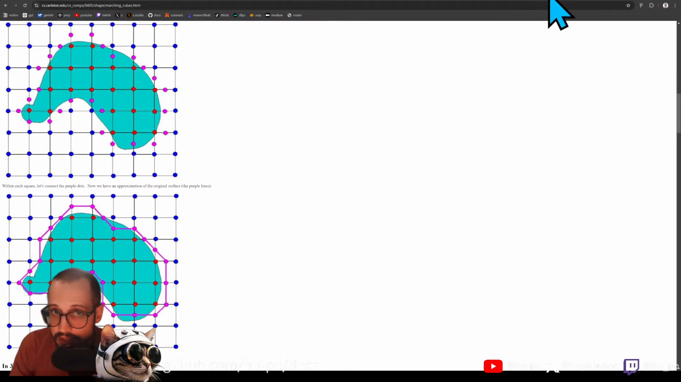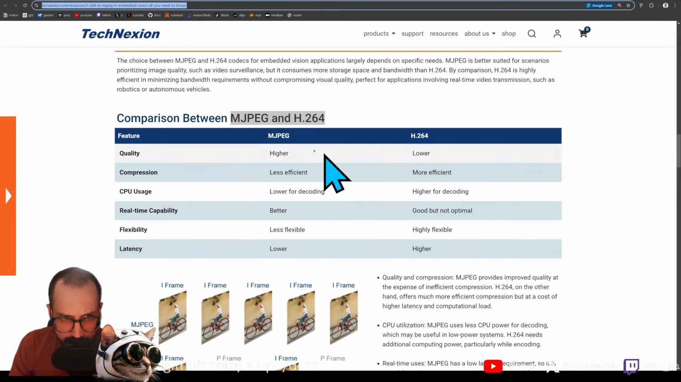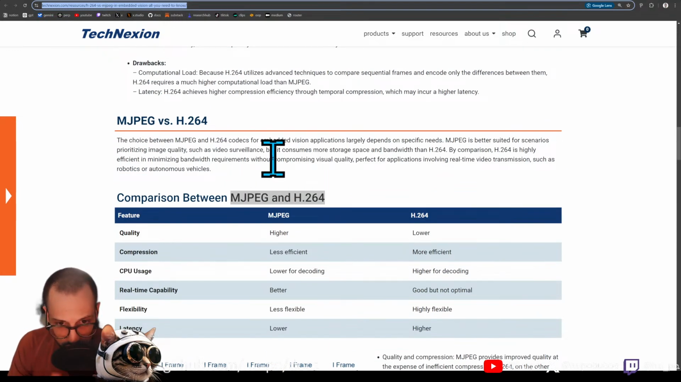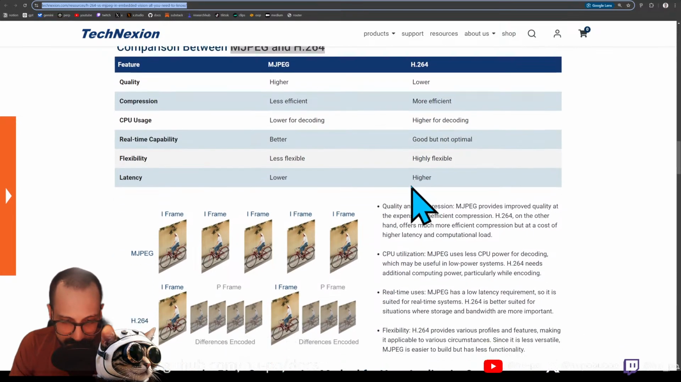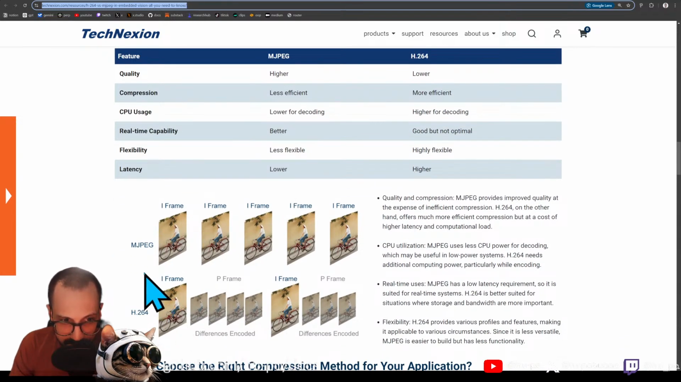And I did want to show this as well. There's a lot of these different codecs, right? JPEG is pretty standard for images, but then within, for example, video frames, you have different ones here. So you have MJPEG versus H264. It's not like there's one that's the best, right? Different codecs have different